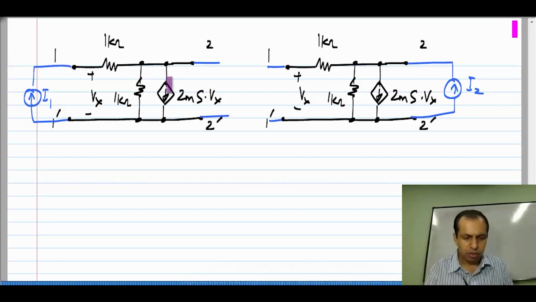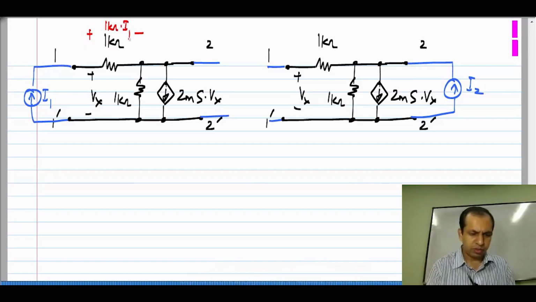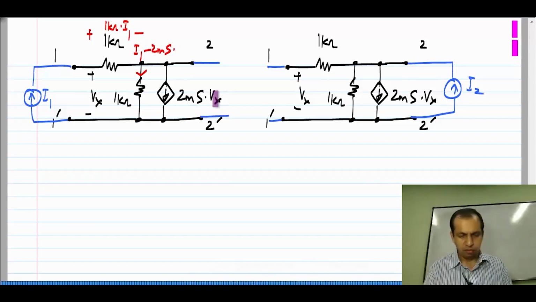So, now we have a slightly more complicated situation with the control source. If you observe this circuit, I1 flows through this 1 kilo ohm and then the parallel combination of these two. So, the voltage drop across this is 1 kilo ohm times I1. The current through this resistor is I1 minus whatever current is flowing through the current source, which is I1 minus 2 millisiemens times Vx,